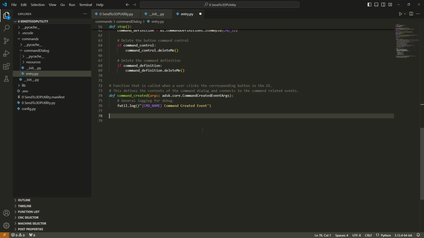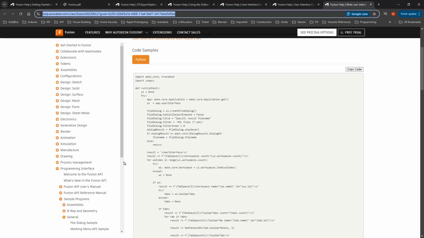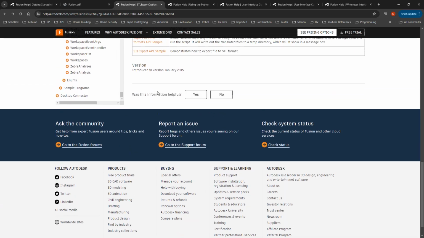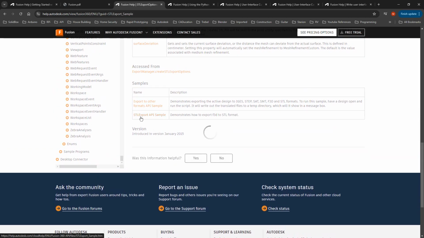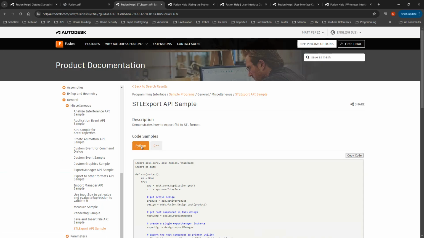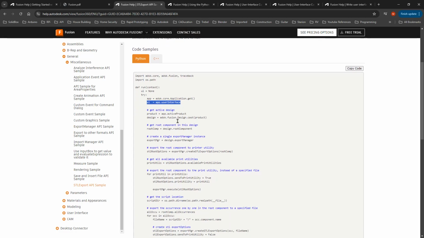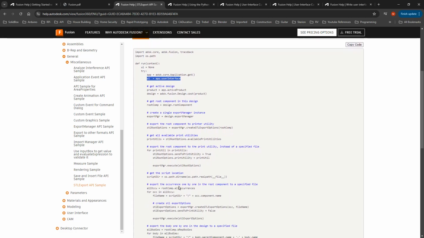There's nothing it's capturing in the back end. So now we need to add the code from our sample that's going to capture everything that we need. So I'm going to hop back over to my STL Export example. So we're going to go to the STL Export API sample, make sure that we're on Python. And basically everything from try, we've already got the app equals Autodesk Core, and we've already got the UI app interface, but we want to make sure that we get everything else